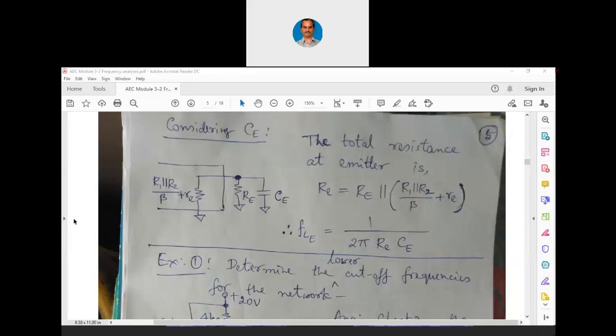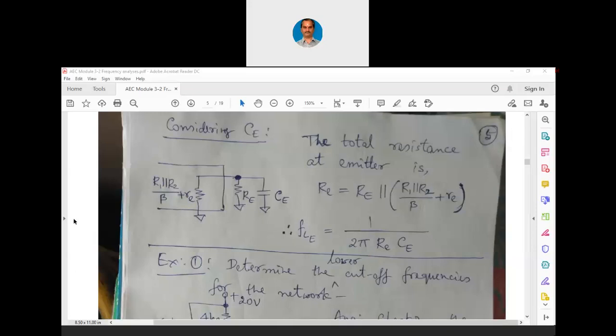Now, the total resistance of the emitter is what? Capital RE equals capital R capital E parallel with whatever is the internal resistance at the emitter. That is R1 parallel with R2 divided by beta plus small re. You will have to remember all these formulae. You will have to write this formula many times and you will have to memorize them. That is the only way, because only when you remember these formulae will you be able to solve